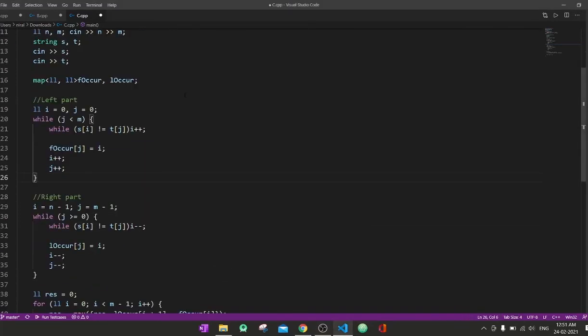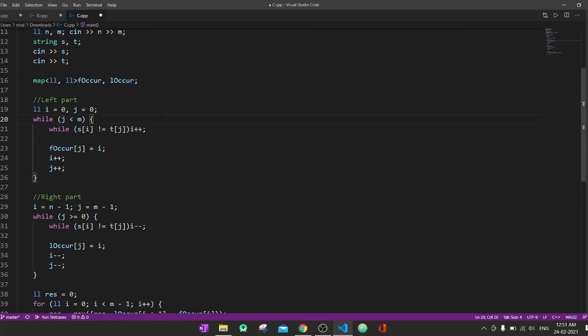So in this we have made two maps, or we can make arrays, for the first occurrence and the last occurrence. For the first occurrence, I iterate the loop and move my i pointer while the elements are not matching.